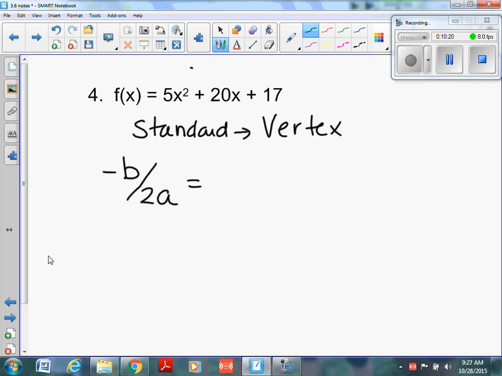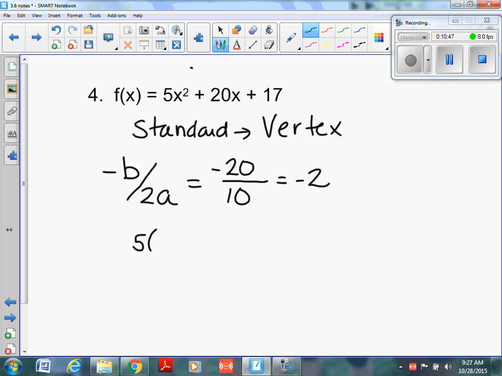Isn't negative b a negative 20? Isn't negative b a negative 20? Isn't 2a going to be 10? So isn't the value negative 2? Isn't the beginning of the vertex negative 2? And then how do you get the second half of the vertex? You put a negative 2 back up into there, and